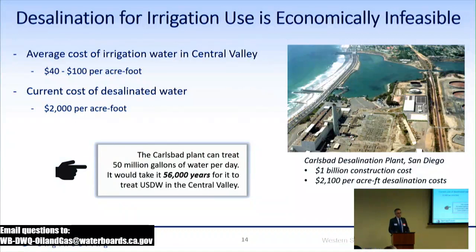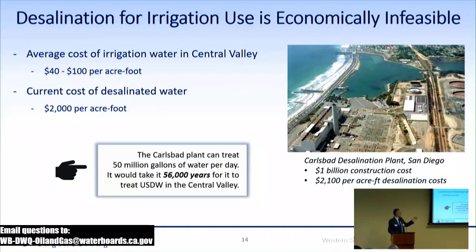The average cost of irrigation water to farmers in water districts in California is between $40 and $100 per acre foot. That's a subsidized cost, obviously, but that is the cost that farmers are paying. And so when you look at the differential between what it costs currently for irrigation water versus the cost that would be required to treat brackish water to a point where it could be used as irrigation water, it simply